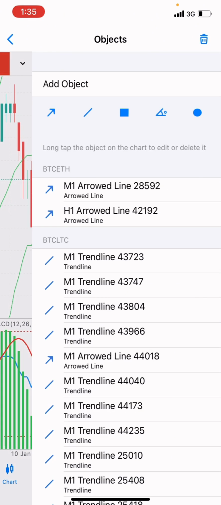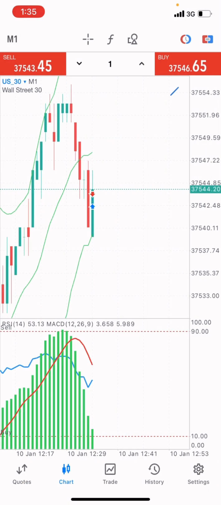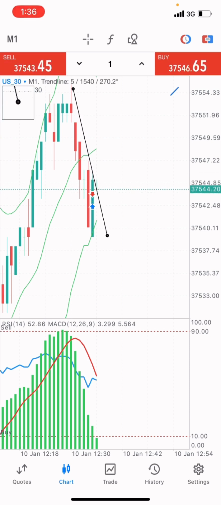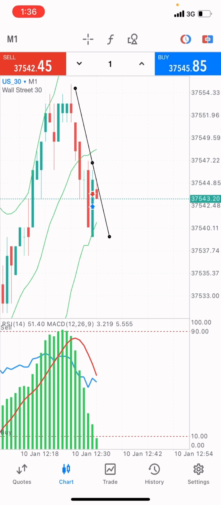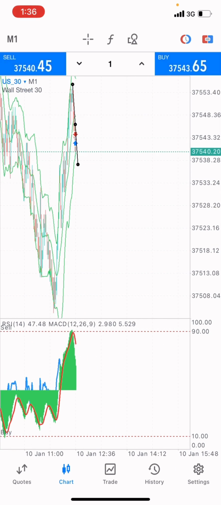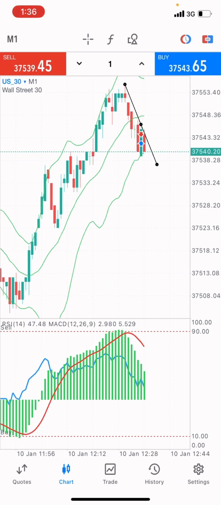First of all, let me draw my trend line right here. Let me draw my trend line and see if I can, taking it from the top. And yeah, there's a breakout. So this market is going to what? There's a breakout structure here. This point right here. Let's zoom a little bit and see